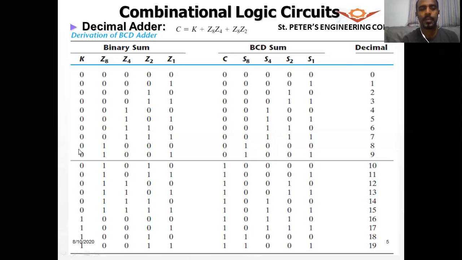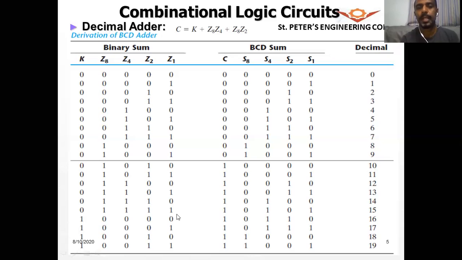So that means from here we have jumped to here and we have skipped 6 steps. Whenever we see that a carry occurs, we have to add 6 to this. So that is how we jump. That means once we have reached 9 and we want to go to the next number, we have to add 6 so that these combinations are skipped, and directly from here we jump to this condition. All right. So that is the BCD representation, BCD addition.